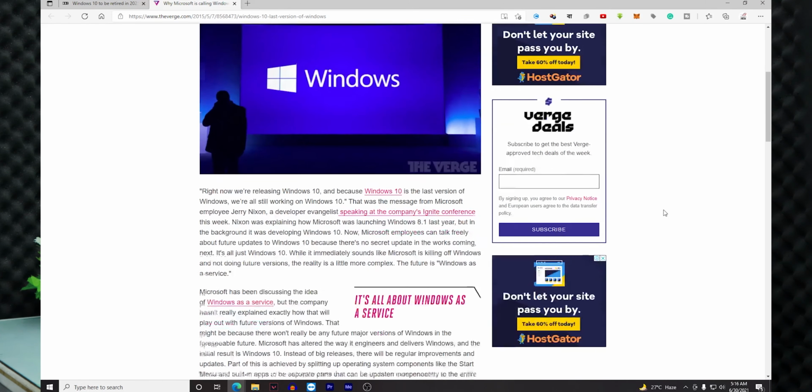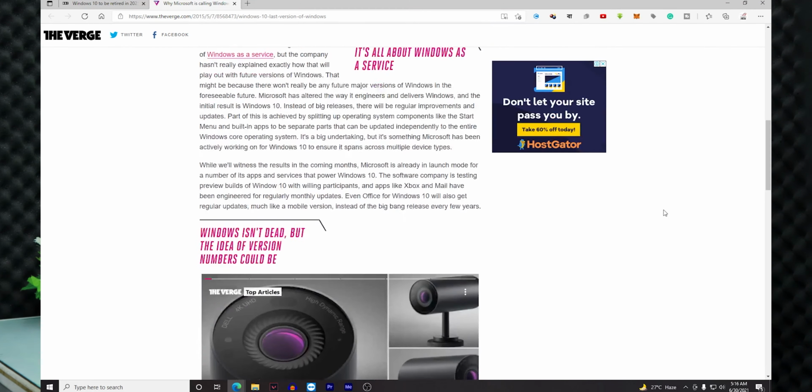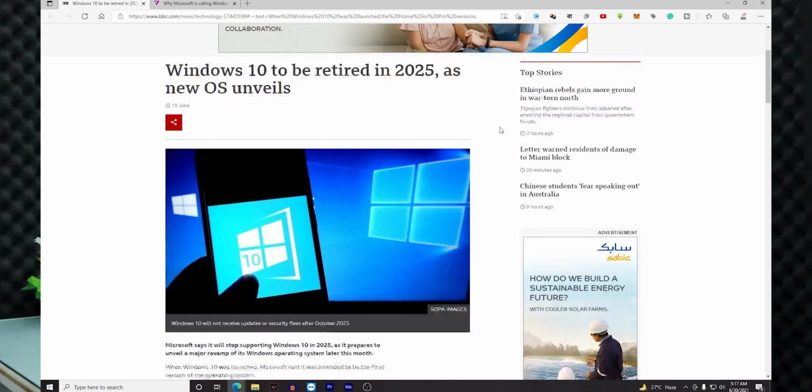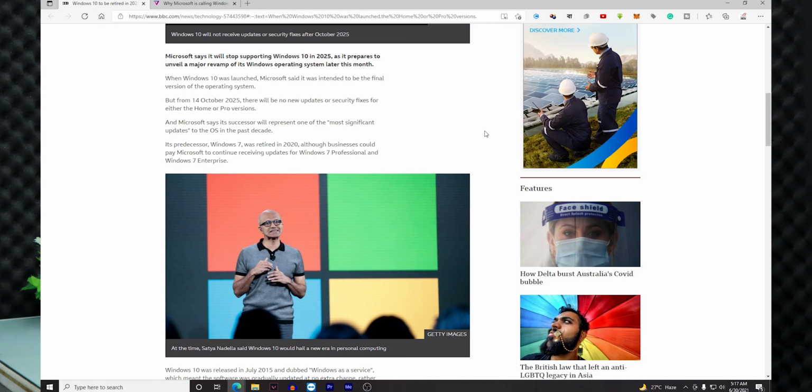Today I'm going to show you guys how you can install Windows 11 Developer Preview on your computer. Windows 11 is a new operating system with some new features. Even though Windows 10 should have been the last version of Windows according to Microsoft in 2015, now they have sealed the fate of Windows 10 as they are going to end its support on October 14th,